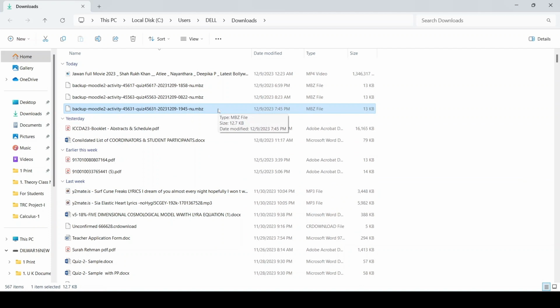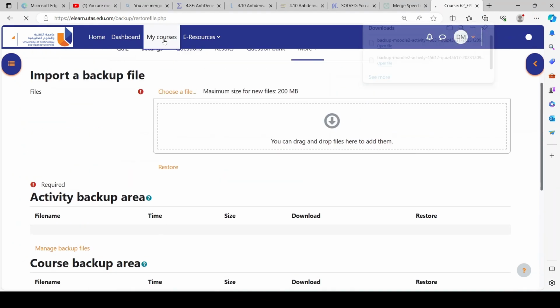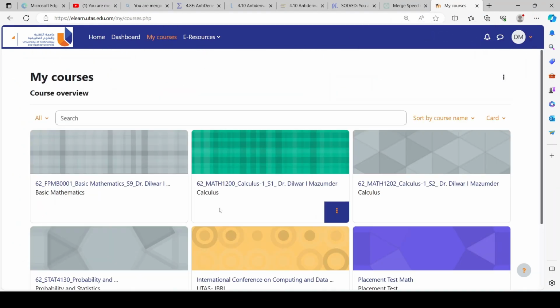Now I want to share this. Simply I can send this file through email to my fellow colleagues, and they can restore it in their own sections. Now how to restore, that I will cover now. To demonstrate that part, let me go to my course, and I will restore in a new course. For example, I created this in basic math section 9, and let me restore it in this Calculus 1, MATH